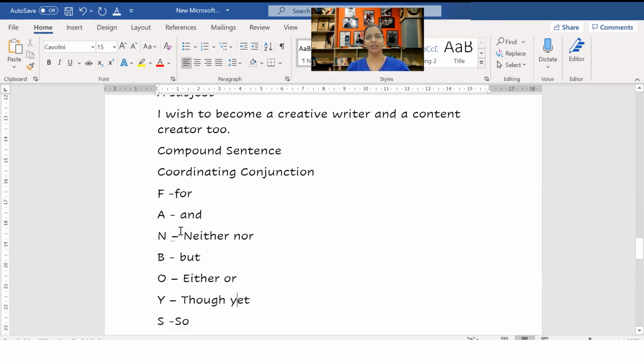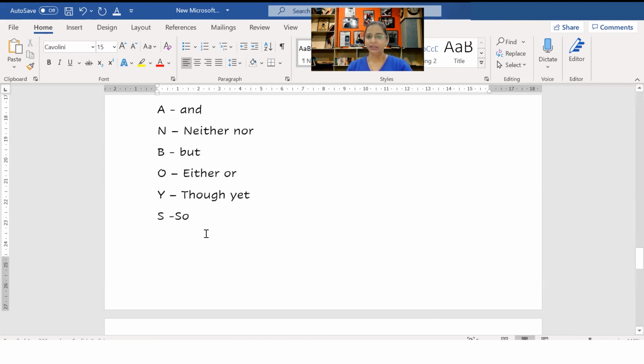Coordinating conjunctions are basically required to add only two simple clauses or two simple sentences. Never start a sentence with a coordinating conjunction, and that is the rule in creative writing. Never do that. Okay, if you do that, it will break the flow of reading for your reader. If you start a sentence with a coordinating conjunction, it will completely break the flow of the reading. So don't do that.